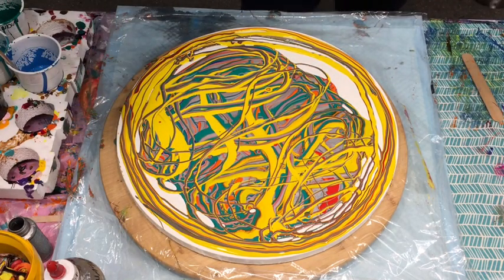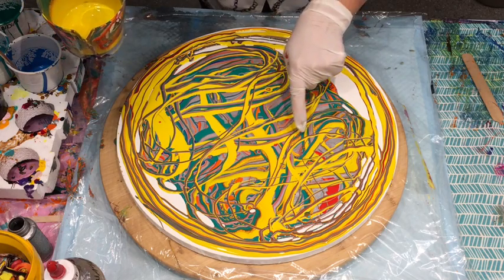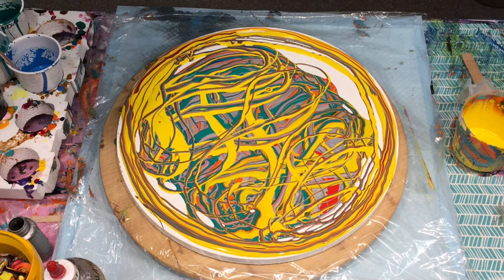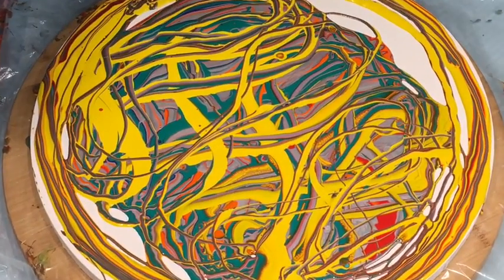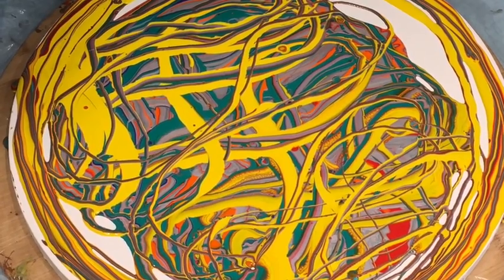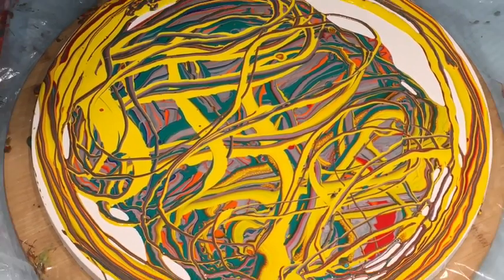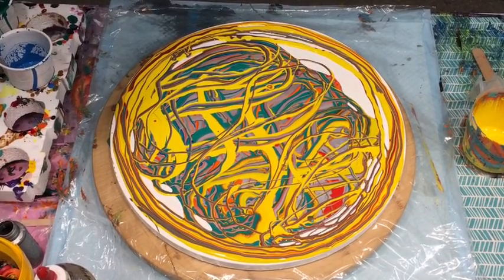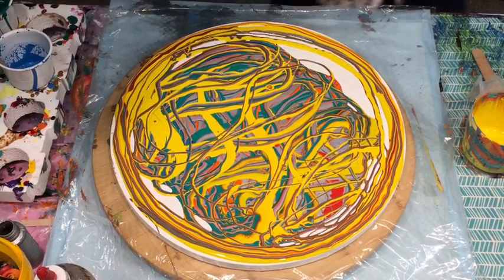Wowzers. Look at this, what's happening. Sure, if I can show you that bit. Some really amazing things happening in there. See if I can show you. You see that yellow orange reacting with, like, it's like a snake skin. Really weird, but cool. Keep going, keep going. Not sure whether I'll wander over it before I give it a...